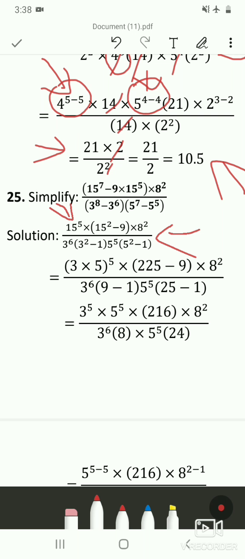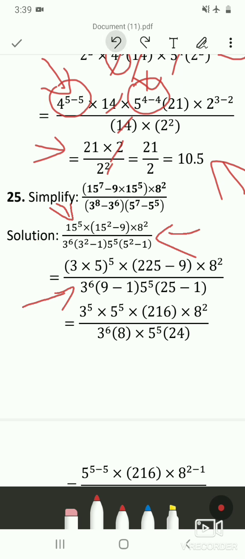So in this term, you can write 15 as 3 into 5. Why you are writing 15 as 3 into 5 is because in the denominator you have 3 and 5, and in the numerator 15 can be expressed as 3 into 5. So when you express 15 as 3 into 5, in the further steps you can easily simplify or use the laws of indices when the bases are same. So to get the same base, you are simplifying the terms. That is the reason 15 is written as 3 into 5.